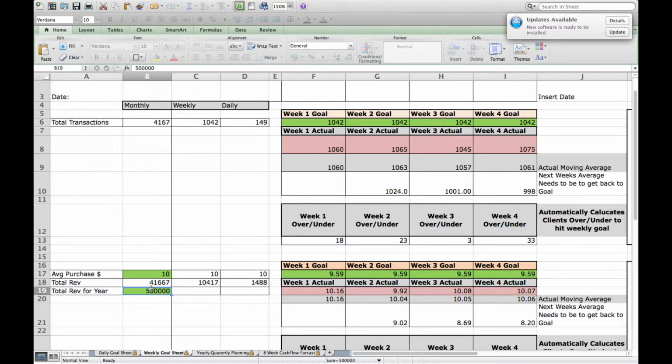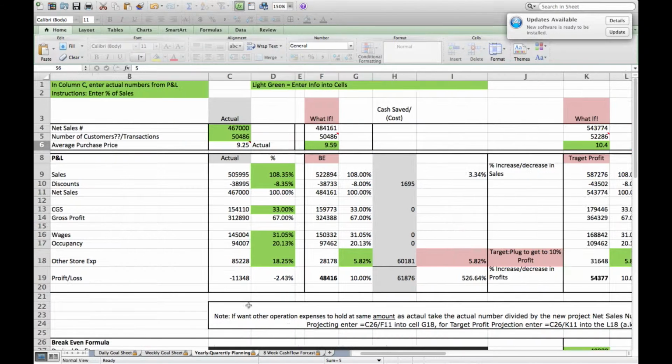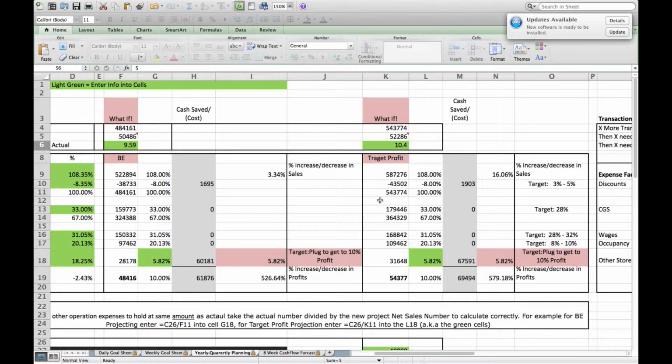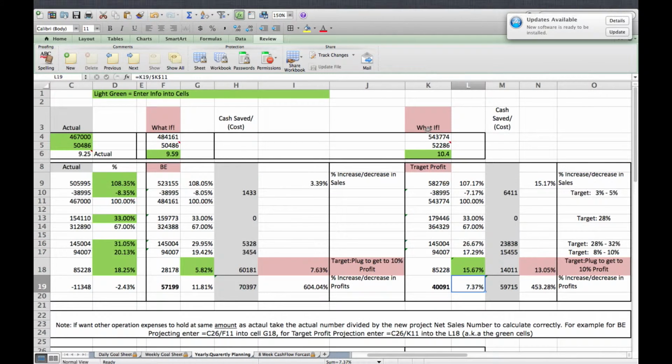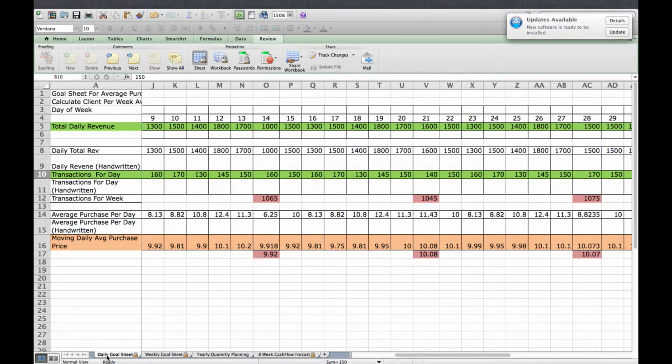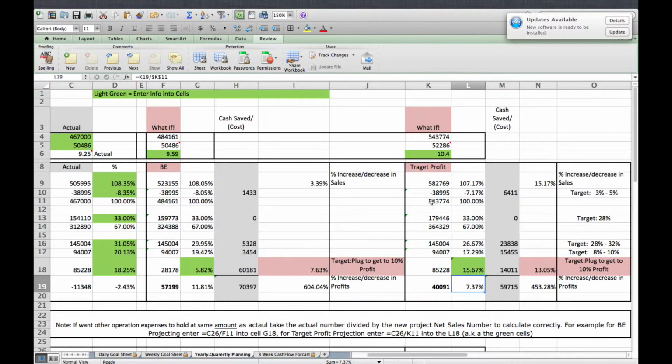Now another thing, just to combine this spreadsheet with our yearly and quarterly planning sheet that's down here, if we go back to our yearly and quarterly planning sheet, I won't do this right now, but what I'd recommend is if you wanted to get to your desired level of profitability, for instance, we put down here we wanted a profit of 40,000, so we have a profit of 40,000 here. So really, if you wanted to combine this sheet with our weekly goal sheet over here, what you might want to do is we know we need a sales volume of this